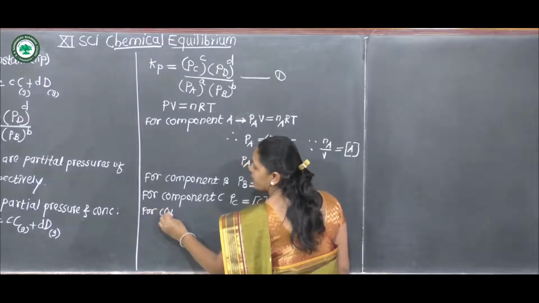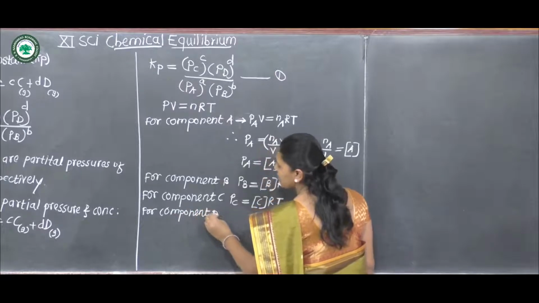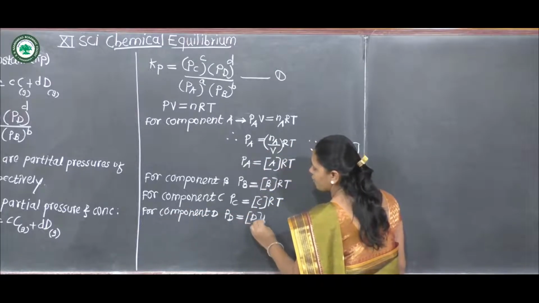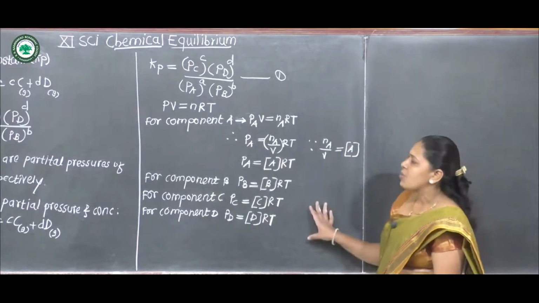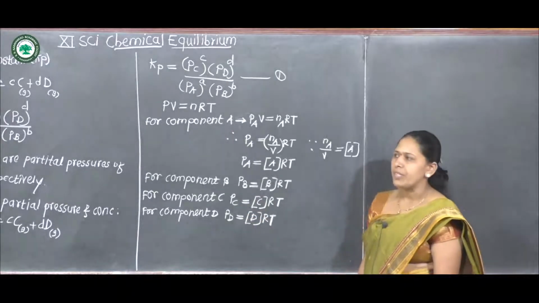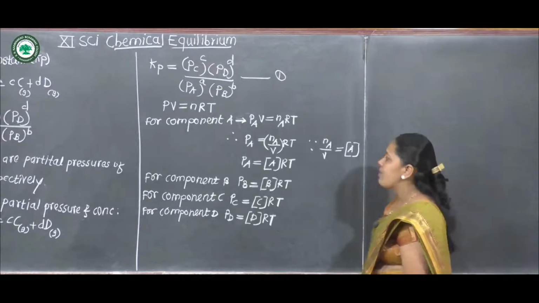Similarly, for component D, PD is equal to concentration of D into RT. These are the four values of PA, PB, PC and PD respectively. These are substituted in equation number 1. Then equation 1 becomes